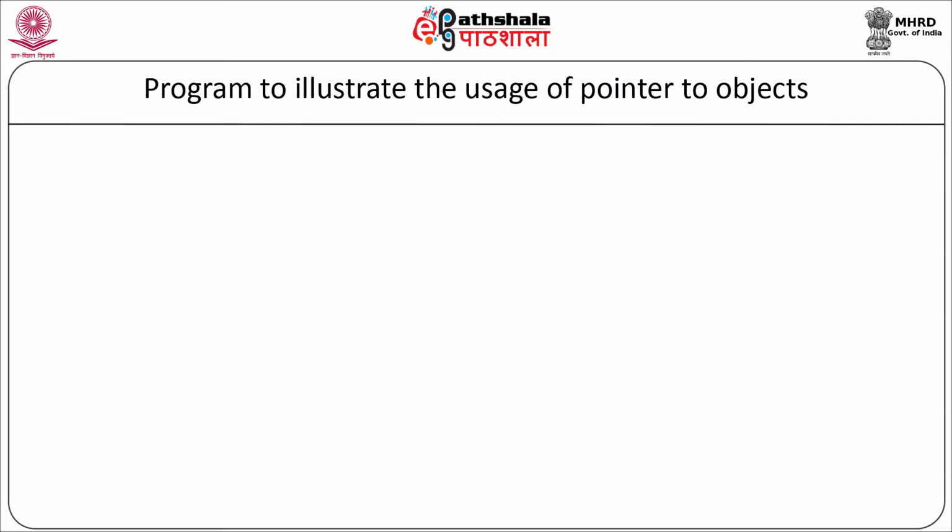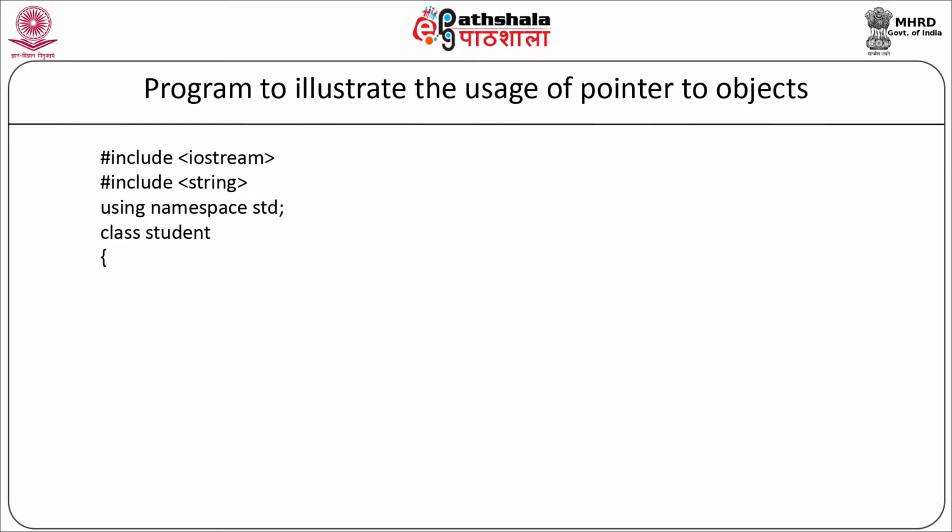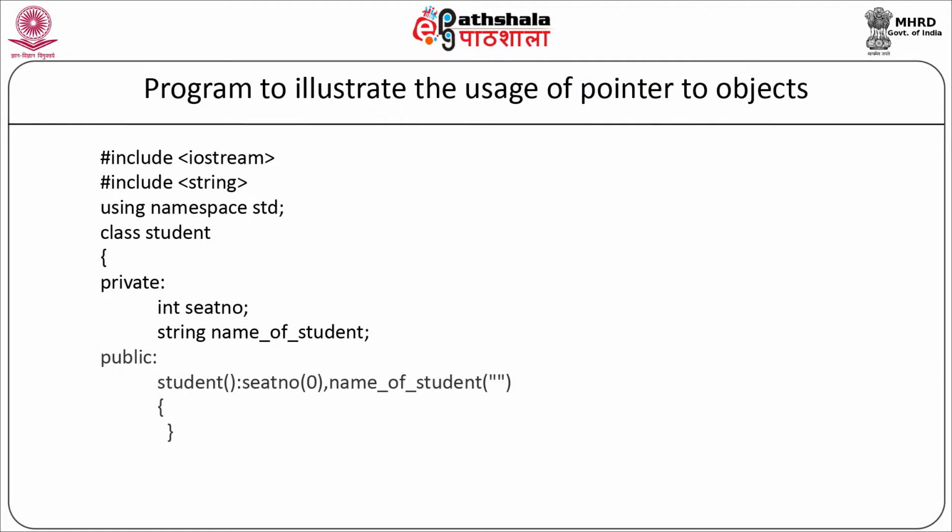We will start with our program: #include <iostream>, #include <string>, using namespace std. Now we are going to declare the class student with 2 data members which will be private, and we are going to write the member functions as a constructor, one parameterized constructor, the accept member function and the display member function. Now let us define our class student. class student, private: int seat_number; string name_of_student; public: